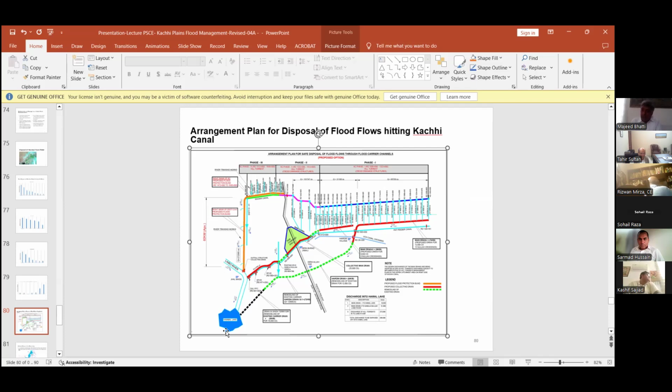But for this, there has to be consensus between the federal government and the two provincial governments, Baluchistan and Sindh. The meetings are going on to resolve this issue, but it's still pending. It's a very difficult, very complex issue.